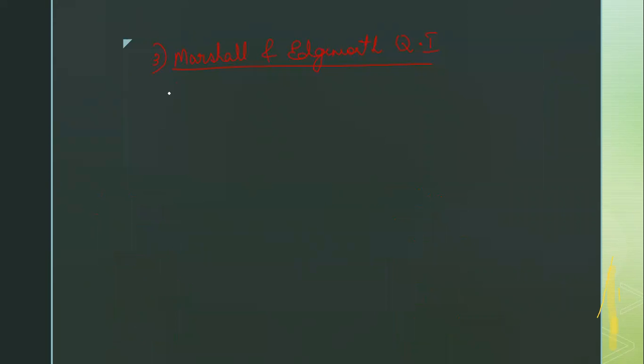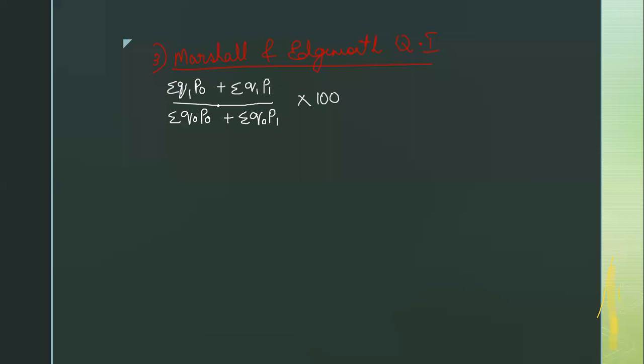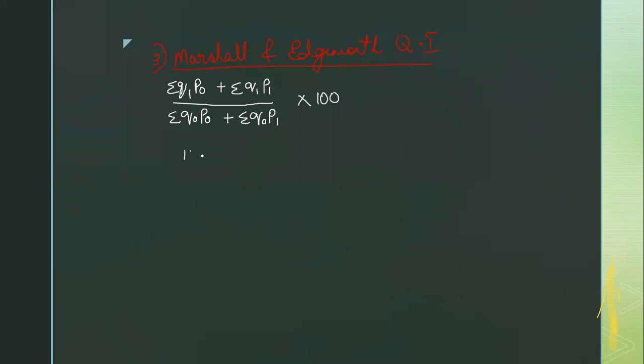The formula is summation Q1P0 plus summation Q1P1 divided by summation Q0P0 plus summation Q0P1 into 100. Okay, we have to substitute the values. So we have already calculated. So summation Q1P0. What is the value of summation Q1P0? 1570 plus